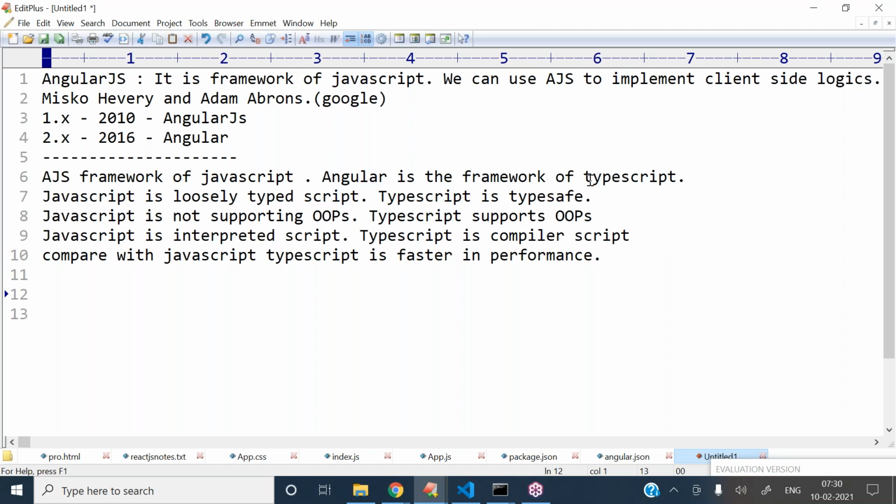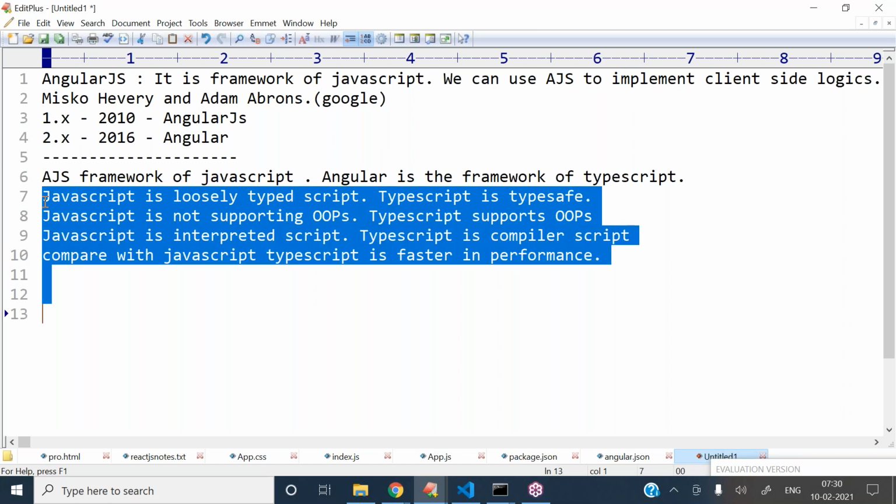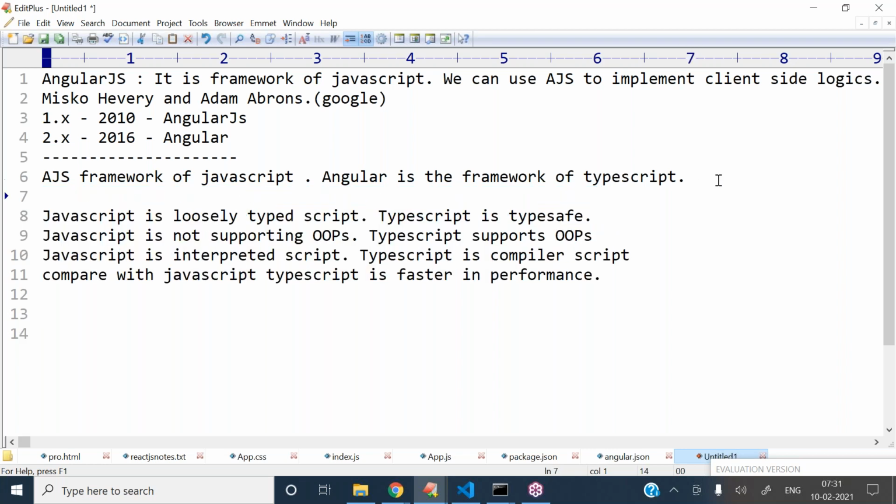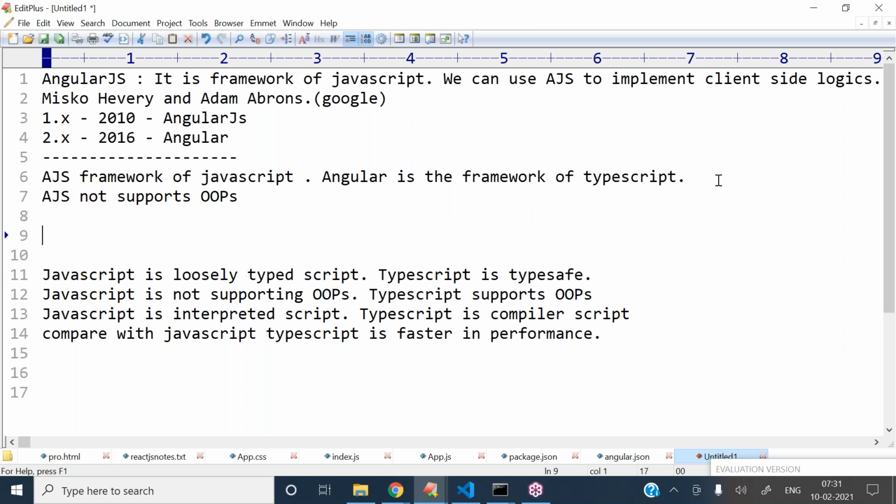We also discussed the differences between JavaScript and TypeScript here. Next point, AngularJS does not support OOPs because it is based on JavaScript. That's why it is not supporting OOPs.